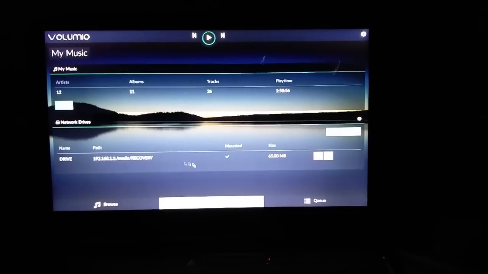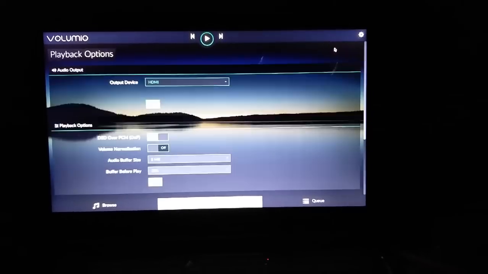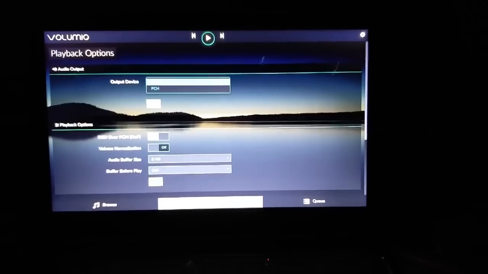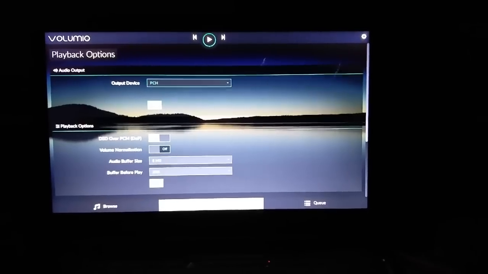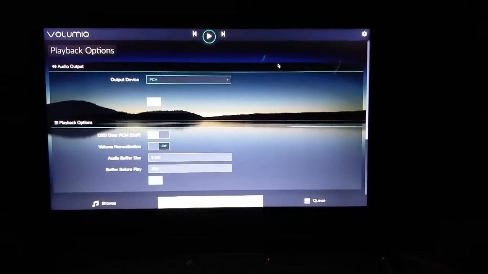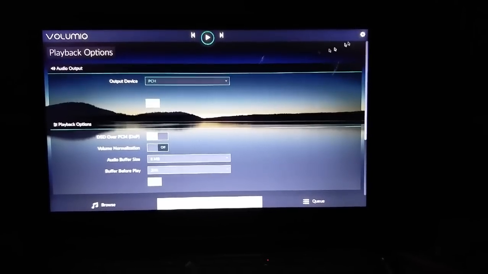We have the media drive mounted over here. Under the playback options, click PCH, save. If you choose HDMI, it will have the audio output coming out of your HDMI port. So click on PCH and click save.